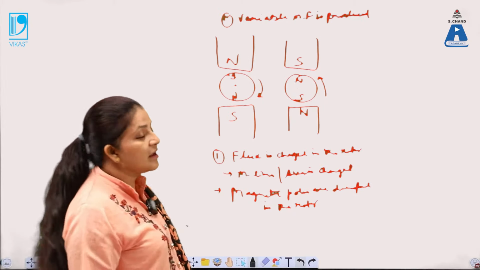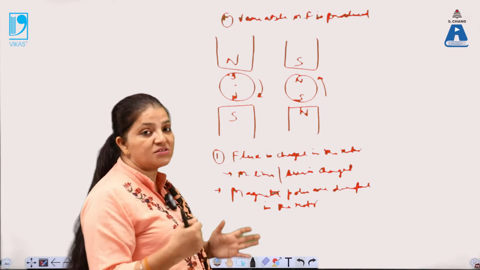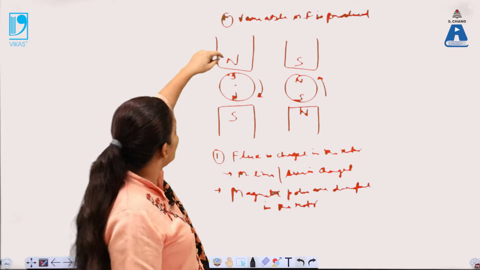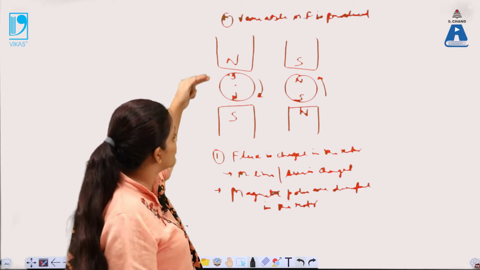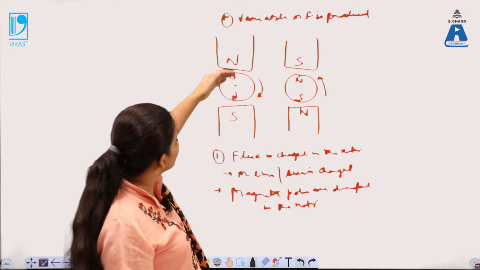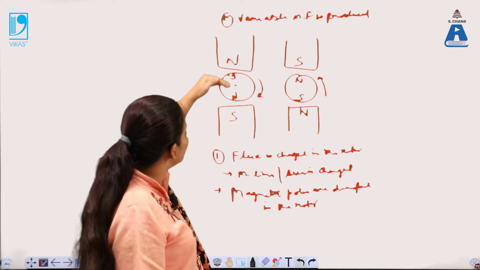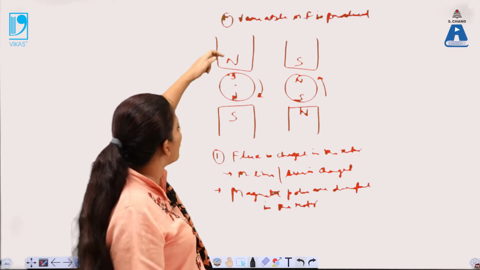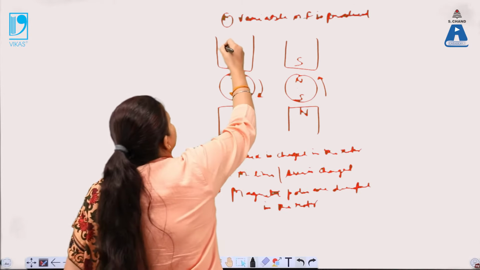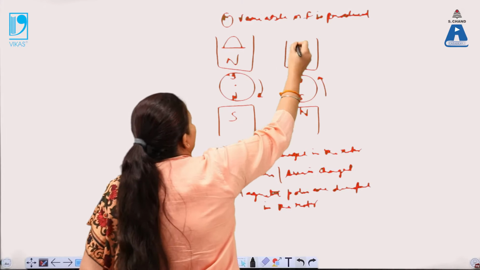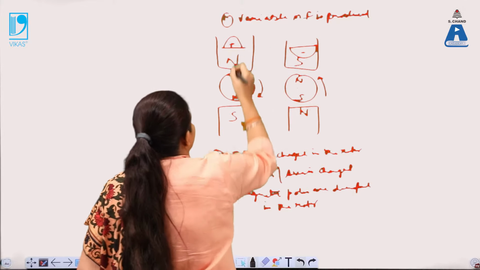According to Lenz's law, the EMF which is induced will oppose the cause which generates it. That means the EMF in this case is introduced due to these lines of force from north to south, so the polarity is generated but in the opposite direction. Due to this, it opposes the cause which produces it. Again, when the polarity is changed, this is for the positive half cycle of the AC supply and that is for the negative half cycle.